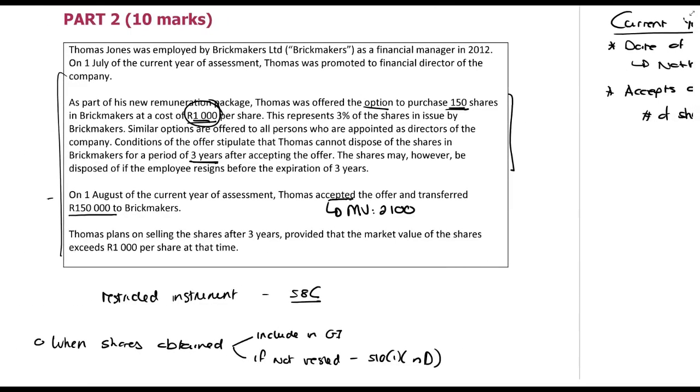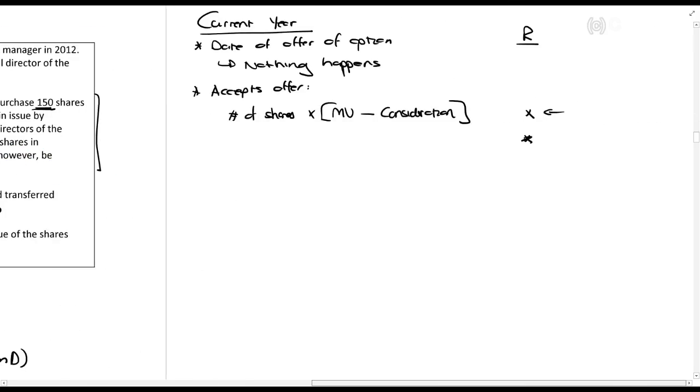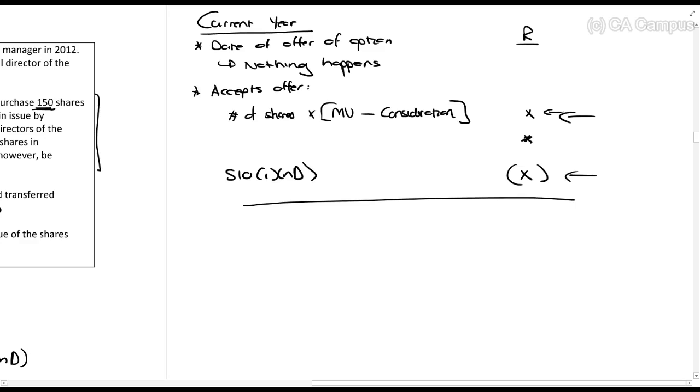Now, the question that you have to ask yourself is, this amount that was included, does this taxpayer at this point in time have unrestricted rights to the instrument? In other words, this taxpayer can do whatever he or she wants to do with it. So Thomas, can he sell it if he wants to or not? He can't, because they cannot dispose of it for a period of 3 years or until he resigns. So, if that happens, you would then have to apply section 10(1) which says that that amount is fully exempt. So they don't want to tax you because it's not unrestricted yet. So that's the current year.